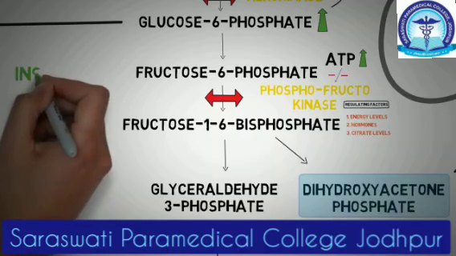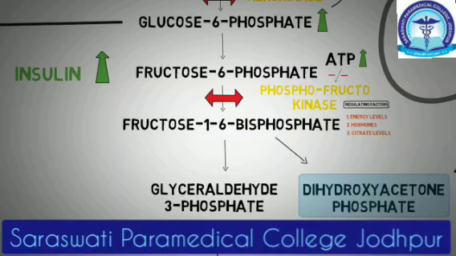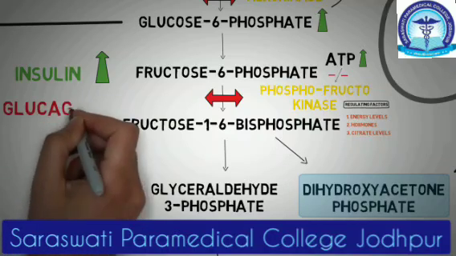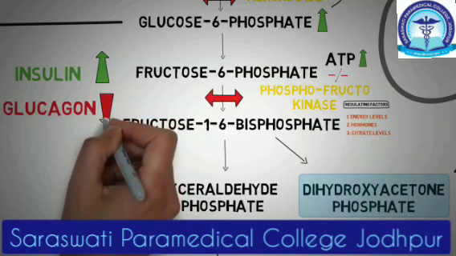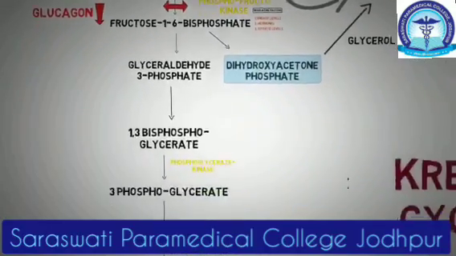Insulin increases this rate of reaction by increasing the activity of phosphofructokinase. Now, insulin is released when we have plenty of glucose in our blood. This glucose needs to be converted into pyruvate fast for energy production and generation of other intermediates. So insulin increases the rate of glycolysis, so excess glucose in the blood can be metabolized, and it does so by increasing the activity of the enzyme phosphofructokinase. Glucagon decreases the activity of the enzyme phosphofructokinase, thus allowing the blood glucose levels to increase. This hormonal regulation is indirectly done by means of fructose 2,6-bisphosphate.